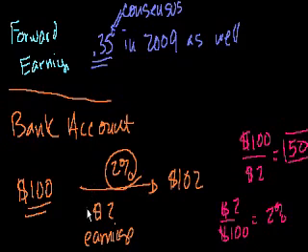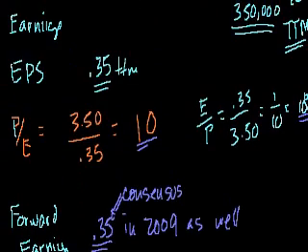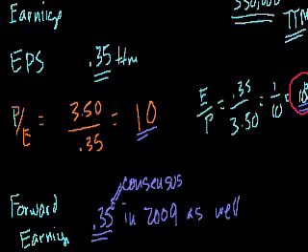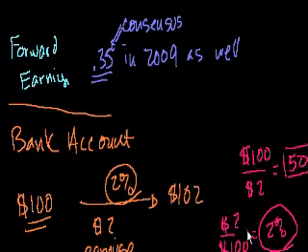We say, oh, I'm making 2% interest on that bank account. Now, this actually leads to a very interesting question. If a bank account only gives me 2% on my money, and this company is arguably giving me, assuming that it's stable, and I believe the consensus is giving me 10% on the money, why would I even hold this bank account? Why wouldn't I just pour all of my money